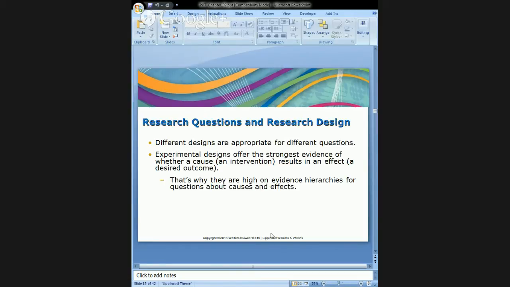You look at the question that you're asking, and then you determine which design is the best fit to answer your research question. So the top kind of gold standard research design, the one that we say truly shows cause and effect, is called an experimental design. And in your research studies, you might also see these referred to as randomized controlled trials or randomized controlled clinical trials. And they typically yield the highest level of evidence because we control for a lot of confounding variables in